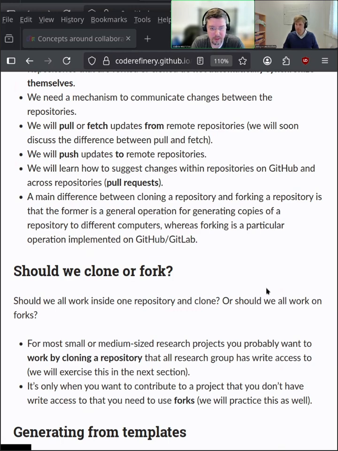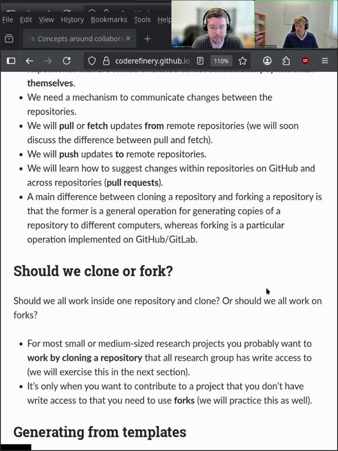And so that's one main reason to fork instead of just cloning. And often that's the case when you work with repositories which are much bigger and where multiple people are working on it. So if it's just inside of your own organization, if you only have 2 or 3 people working on one repository, then probably cloning is enough.